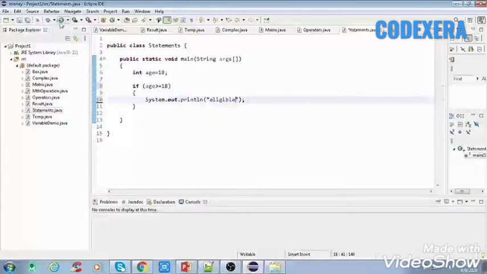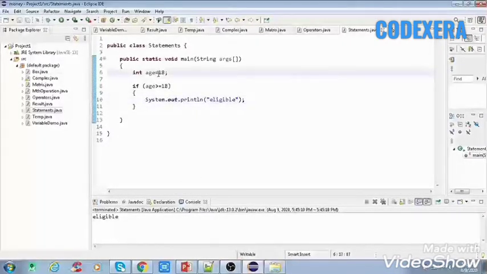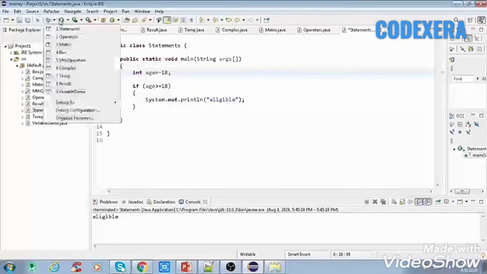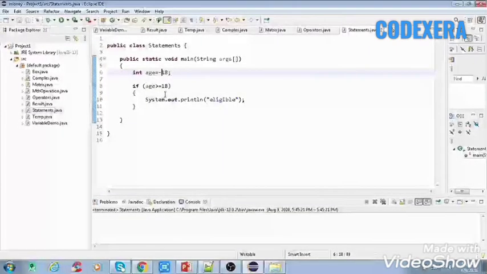Here it will print eligible only, because there is only one condition. What if I make the age, suppose, -18? Then it will print nothing, because the condition does not match.